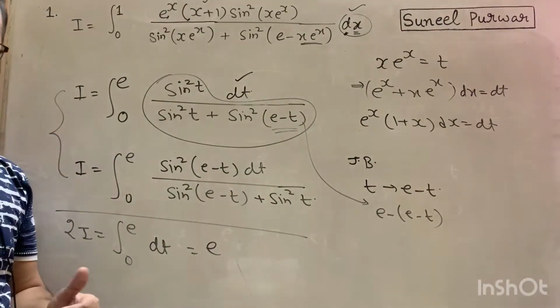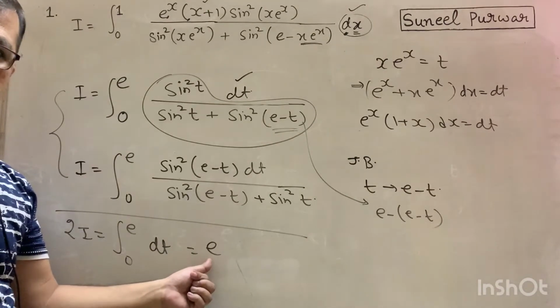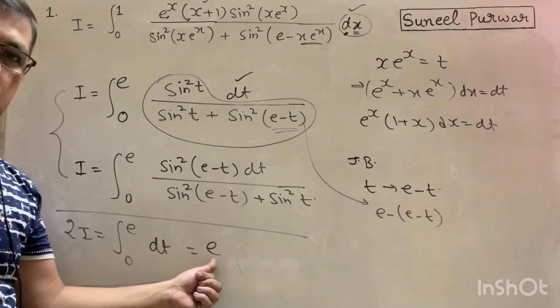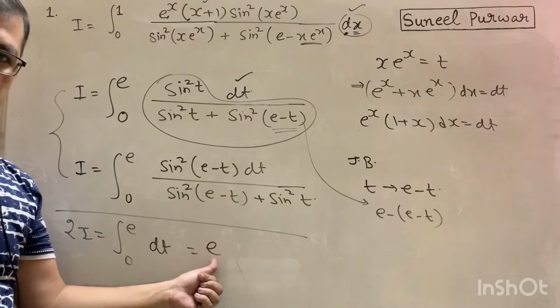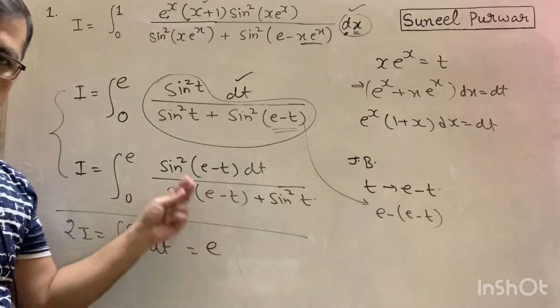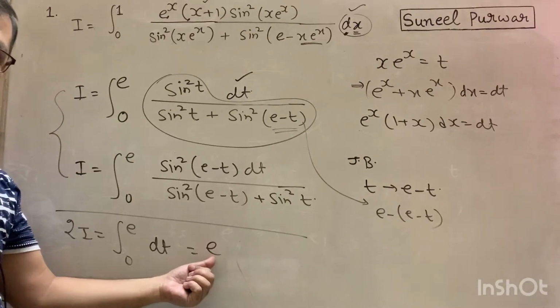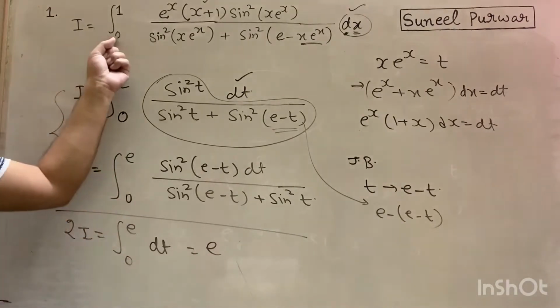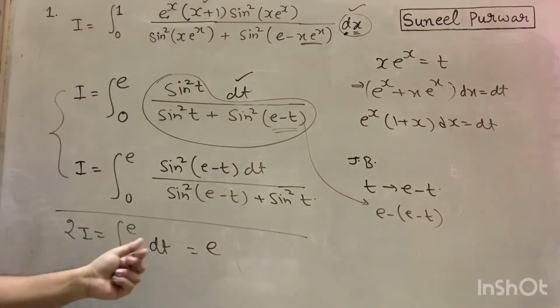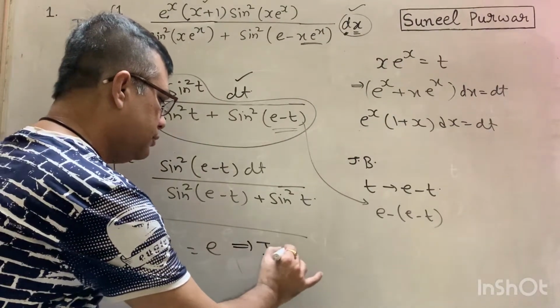Now again, this is a common area where students make mistakes very frequently. This is not your answer. This will be the first option mostly, the value obtained after adding the integrals. Why is this not the answer? Because this is the value of 2I, and the question is asking for I. So our correct answer is what? I equal to, I value is what?